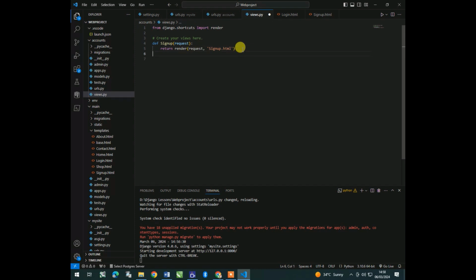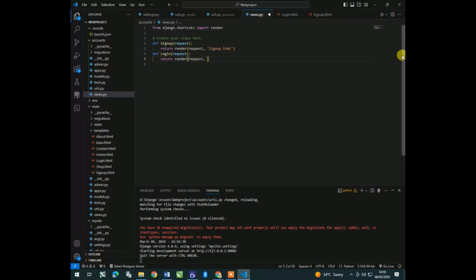For login, we also define login. I'm going to type here def login, in brackets request, return render, in brackets request, login.html. So accounts is going to be dealing with these two,